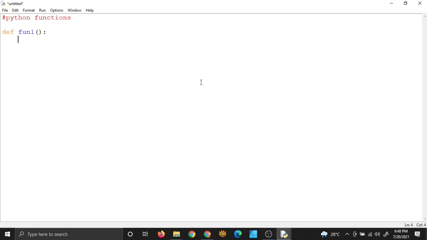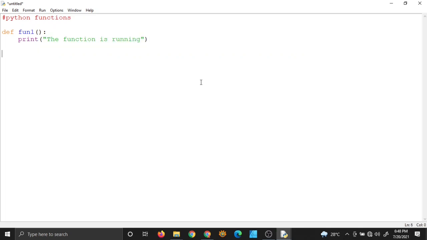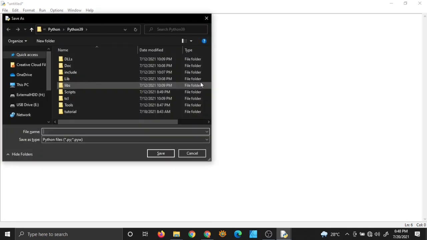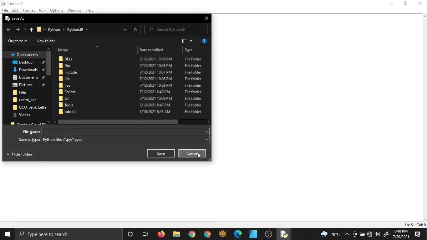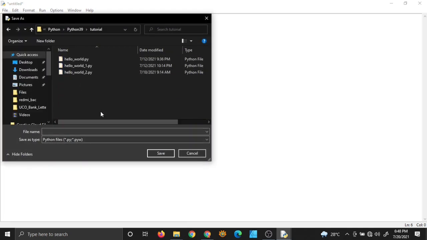And then you can type something like print the function is running, and then you can come out of the block and of course save it. You can press Ctrl S or you can go to save, and I will save it in the tutorial, and I will save it as function1, and extension is py, of course,